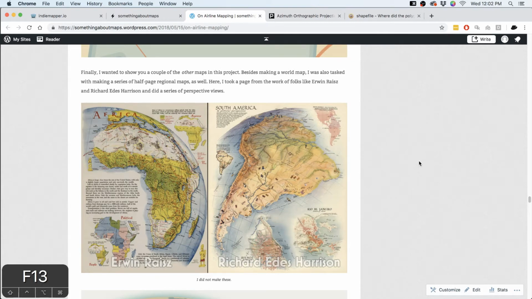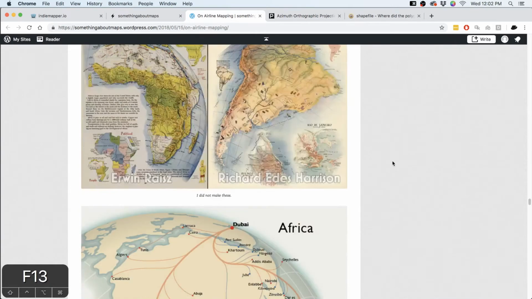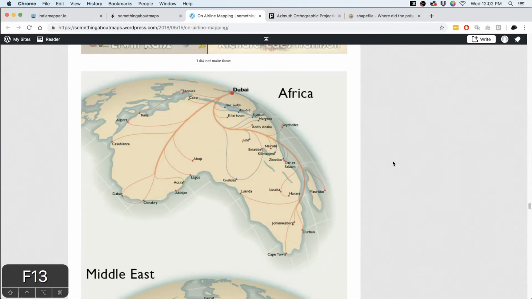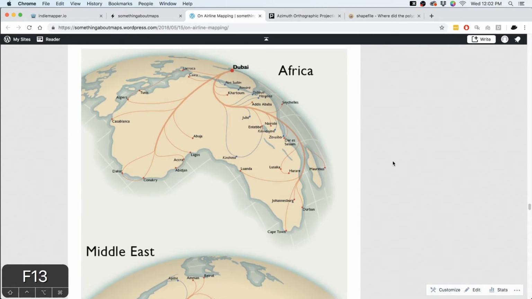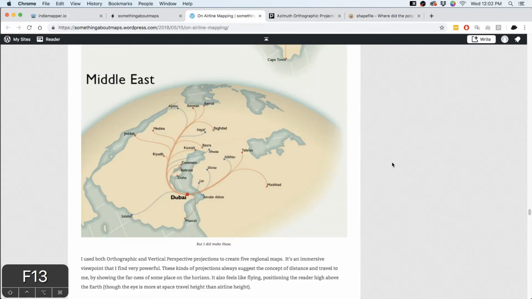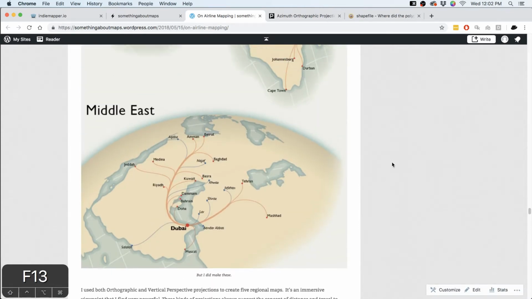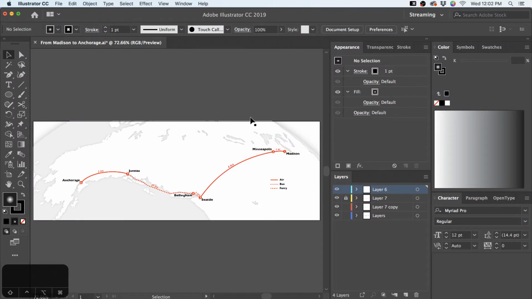And so I've tried to emulate that here and there in my own work. I did some maps for an airline last year, I think it was. Yeah, last year, in which I gave this perspective view on the world. So I did a few of these for different regions they flew to. I also tend to do them a lot when I'm traveling. I have this habit of, when I'm about to make a journey, I just make a little map of it. So I went to Anchorage in Alaska a few months ago, last summer, and I just put this map out